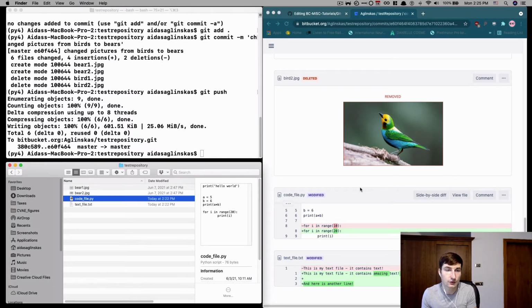Now, what if I want to go back in time? What if I want to revert the changes that I made? Let's say in this example, I decided that bears are not the way to go for our experiment, and I want to roll back to the version that had birds as the stimuli. How would I do that? Well,